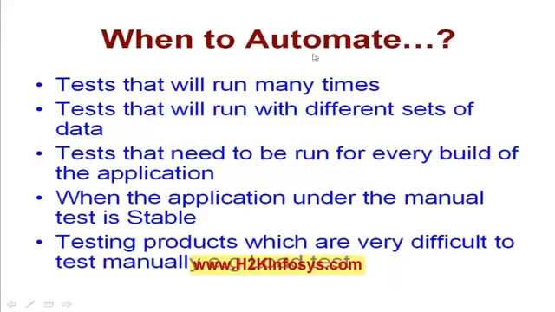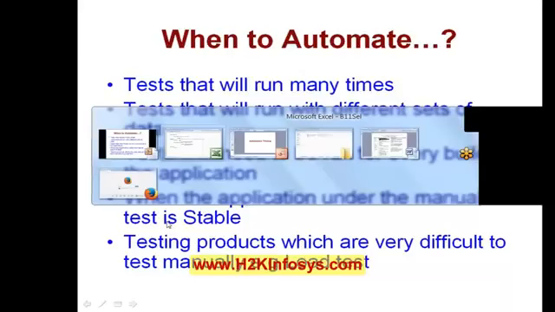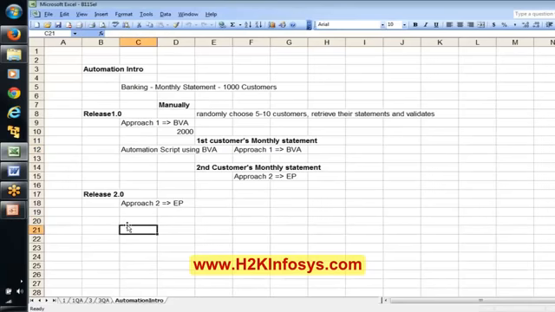I'm showing the slides, right? One of the important points among these slides: when the application under manual testing is stable, it's a kind of prerequisite for automation testing. We will not go for automation testing if the application is not stable. For example, just to make you understand,